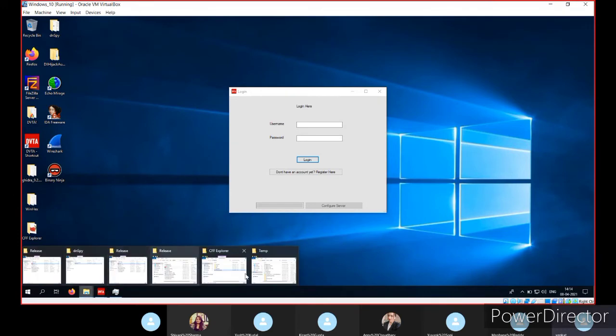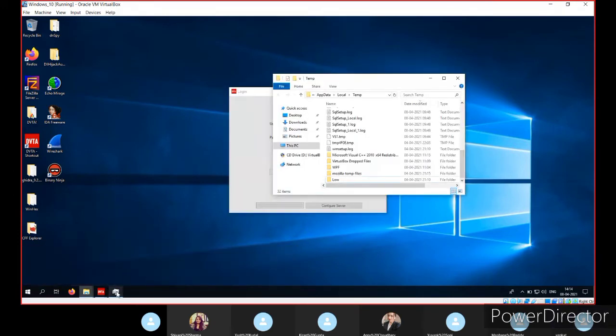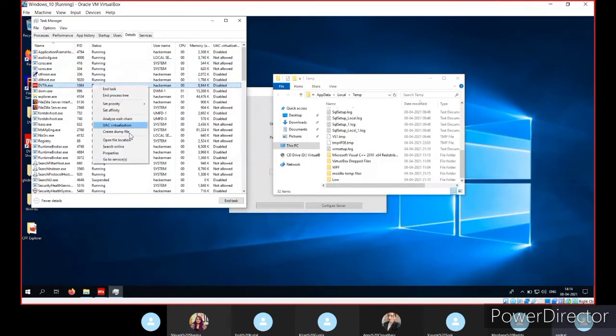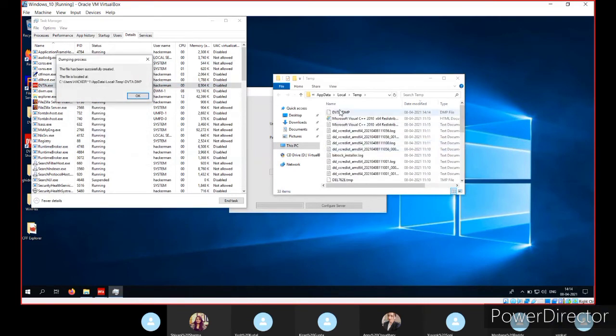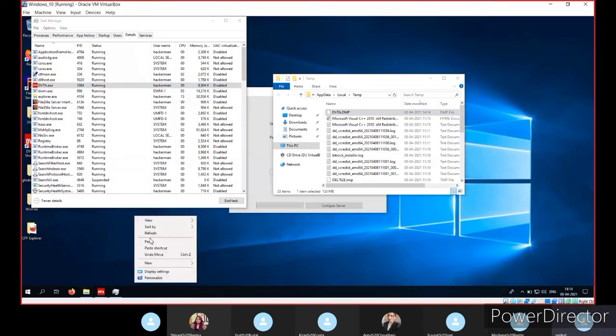Let's do that again. Right click, create dump file. You can copy and paste the dump file here.